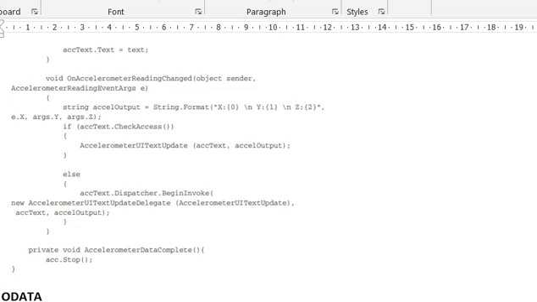Here we are using the event called reading change. So what does the reading change event do? Within this you're going to give the parameter, or specify the three dimension value of x, y and z. So if any modification has happened, then that should be updated. For that we are using the method that is text update. Updated in the sense that information will be displayed. So that is about your accelerometer.